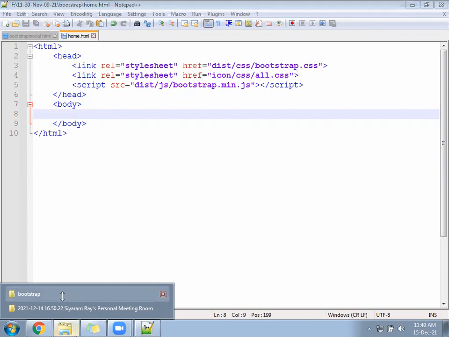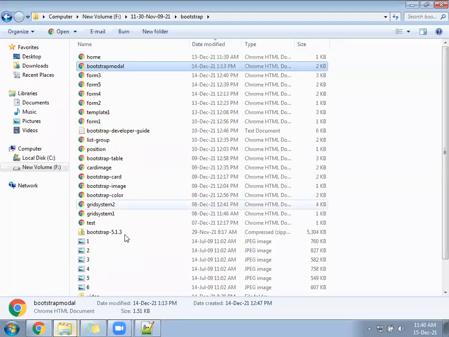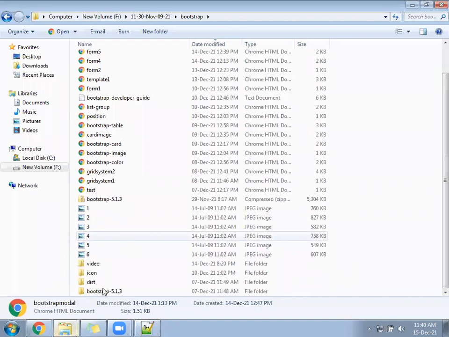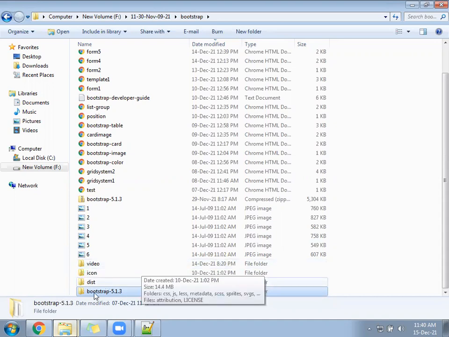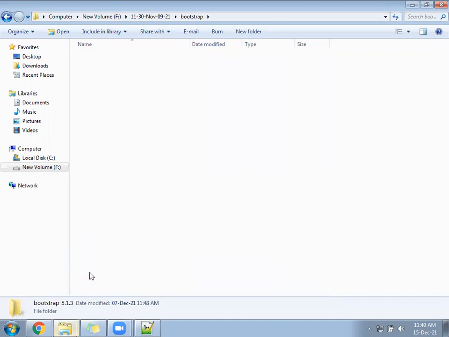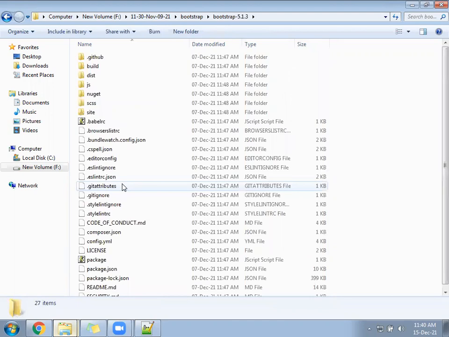You have a main folder that is for Bootstrap 5.3. In this folder we have Bootstrap 5.1.3. We'll go inside. Let's come inside that folder.